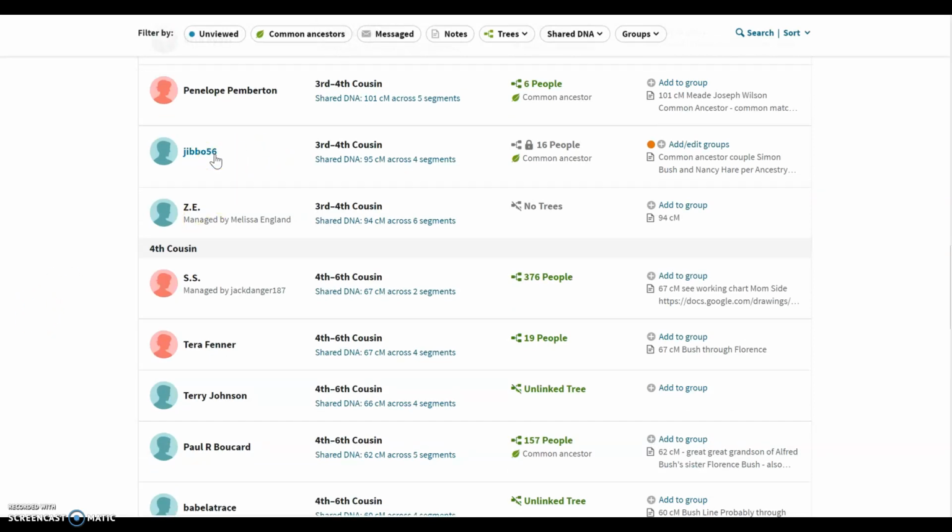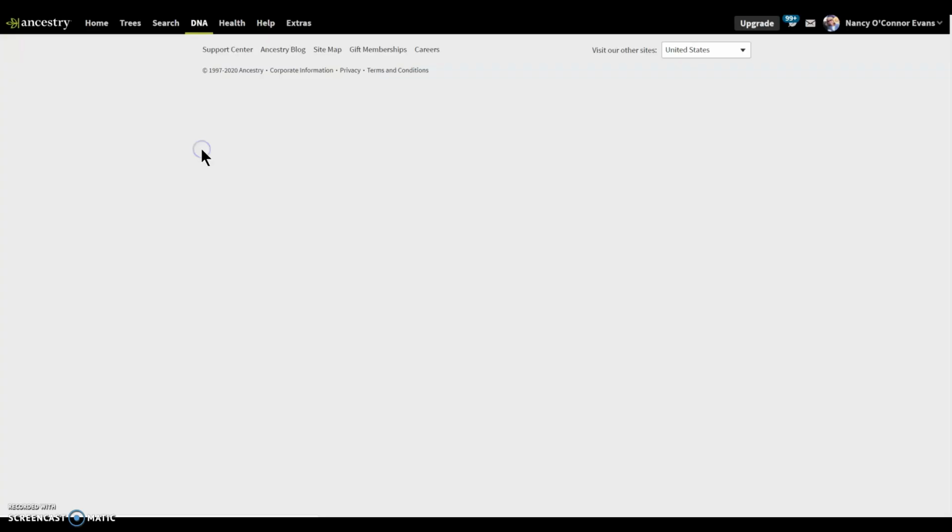match here, Jibbo. He shares quite a lot of DNA with my mother, and his tree is private. And until recently, that's all I knew. Now, Ancestry allows me to know that it's told me there's a common ancestor in that private but searchable family tree. So when I select Jibbo,